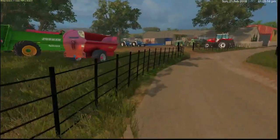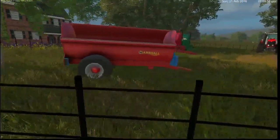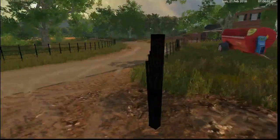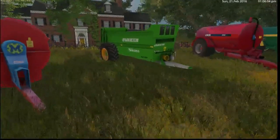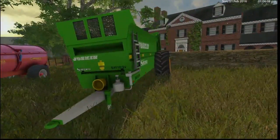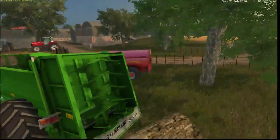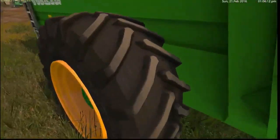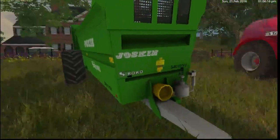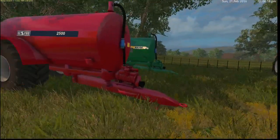Right, so let's take a look. So we've got a Marshall side muck spreader. He said just look and walk around and do whatever. The rear spreader doesn't look too bad. He said he's had a couple of things resprayed. I'm assuming it's the Marshall and this and the high spec